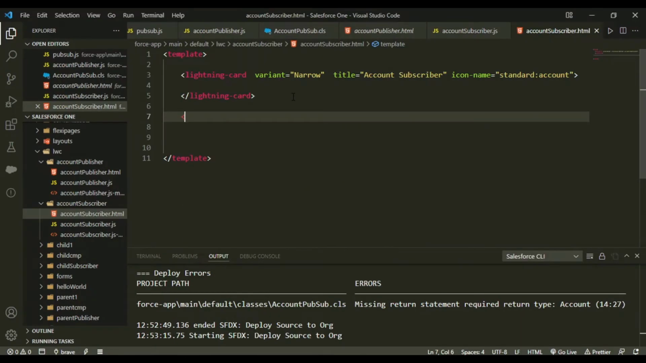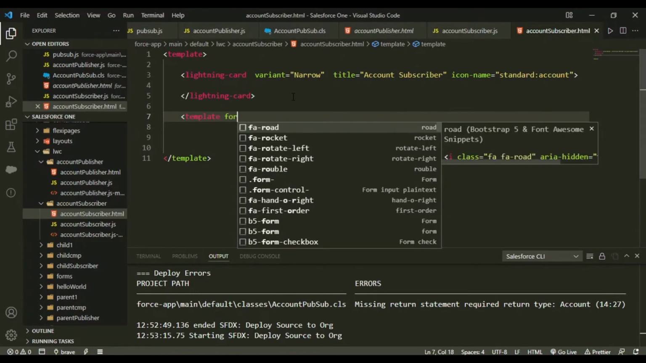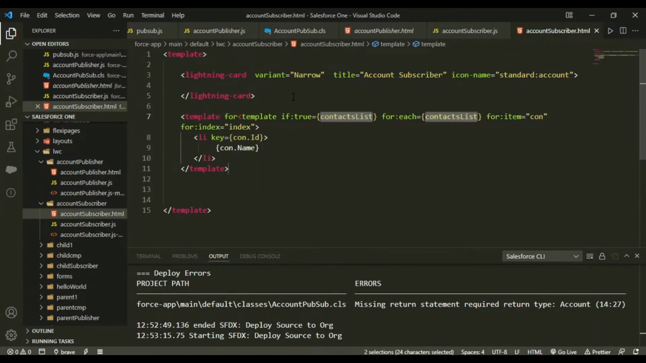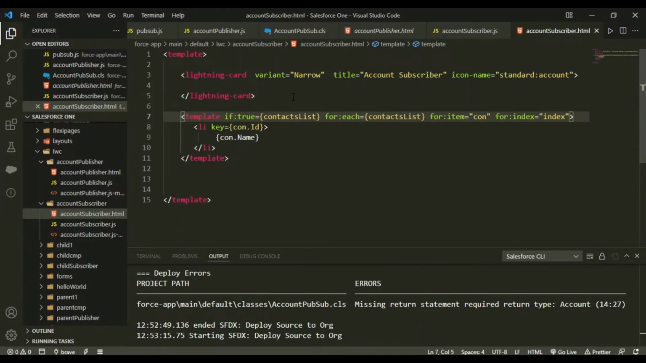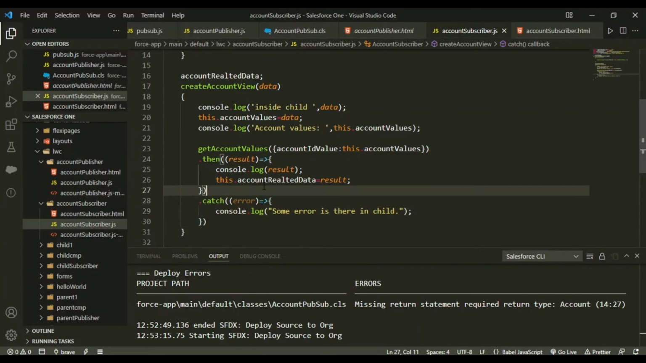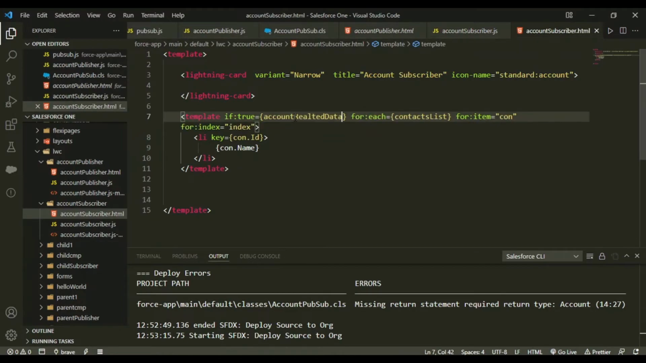Okay, first we would be looping, so template for each. So for each we have a direct syntax. And on what basis should this be true? That would be account related data. Template if true, account related data, and for each account related data, for account ACC, and for key is